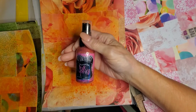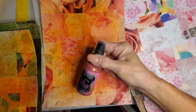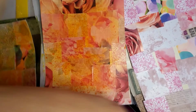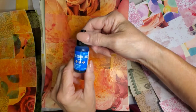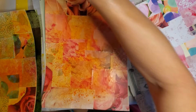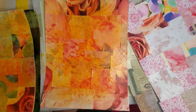And sometimes I even use the little oil, not the oil, but, let me get one of them. These Ranger alcohol inks, sometimes I'll throw some of that in there. And you know, to use those up, when you just don't want the straight alcohol, you can still add the water or put it in when that gets low. But anyway,